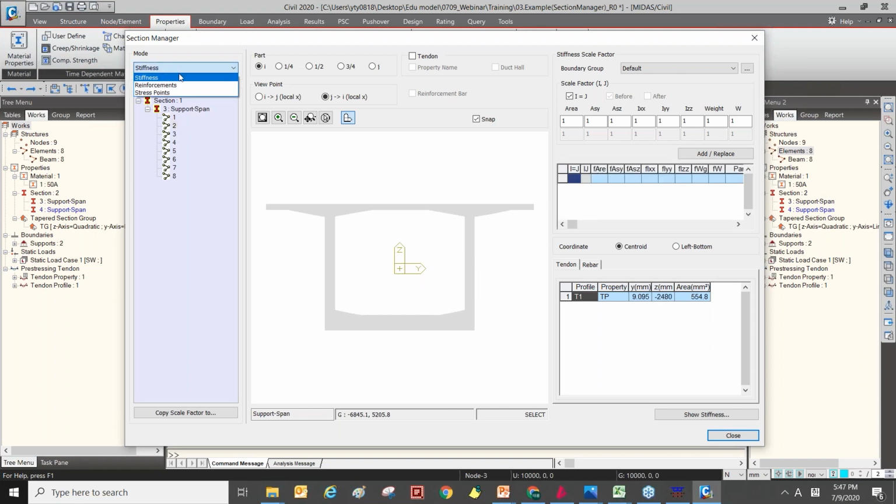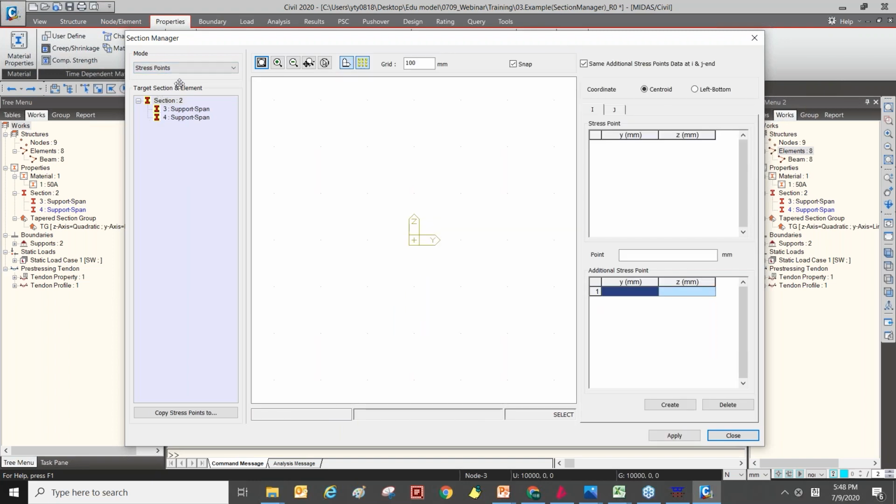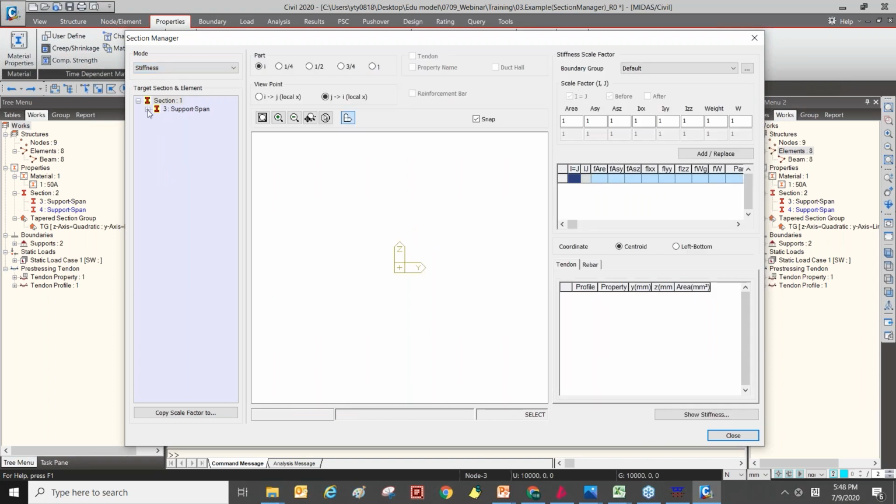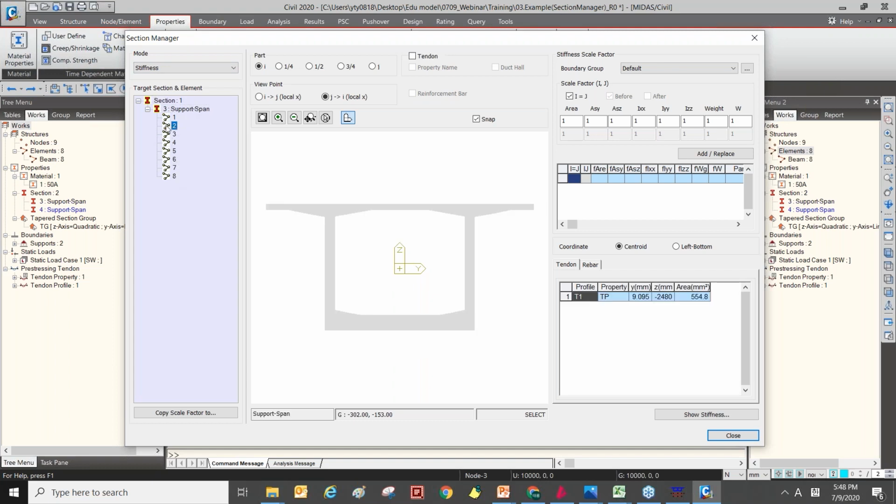There are 3 types in the section manager. One is stiffness, another is reinforcement, and the third one is stress point. Let's see the stiffness. If you choose stiffness, it shows only the section which is assigned to the element. Each element will show its section, and you can also see the section for the five parts of the element.